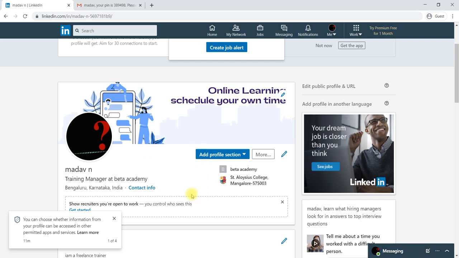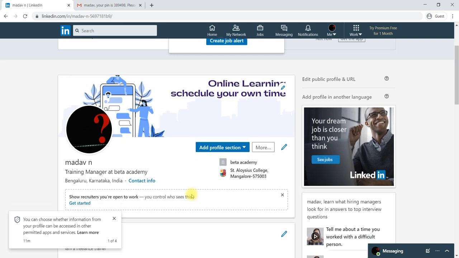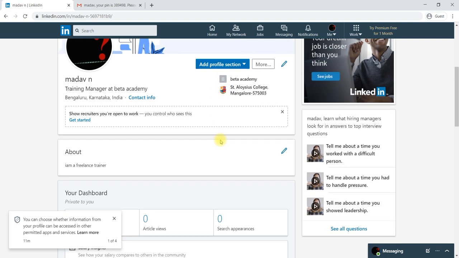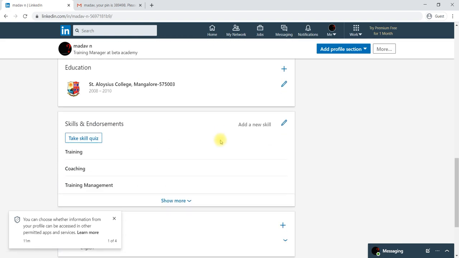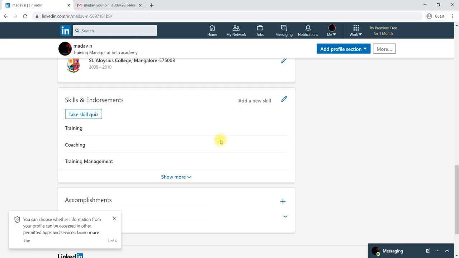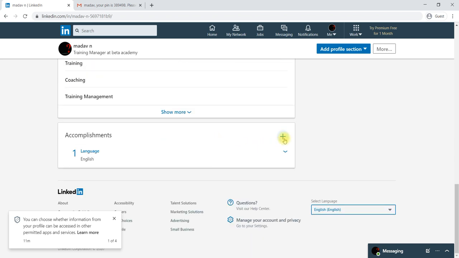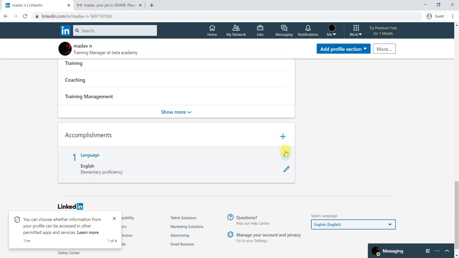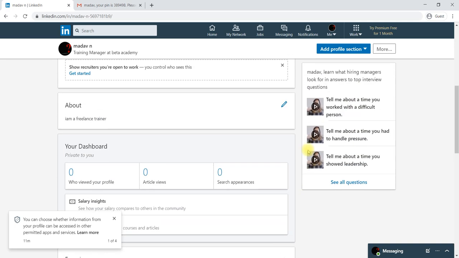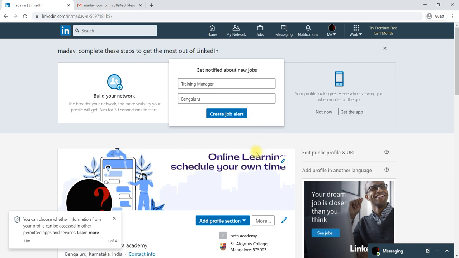This is a way to create a profile, and we have modified a few things in the profile, how to add all the skills, languages, everything. Here also you can add the other languages you know. And you can start adding here, and you can add all the patents, everything here. This is how we can optimize our profile.